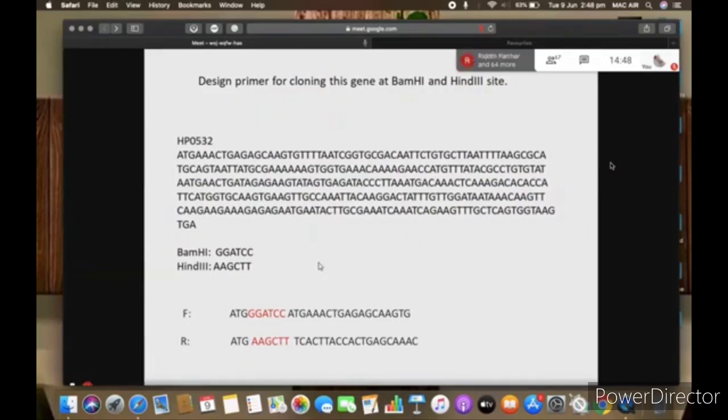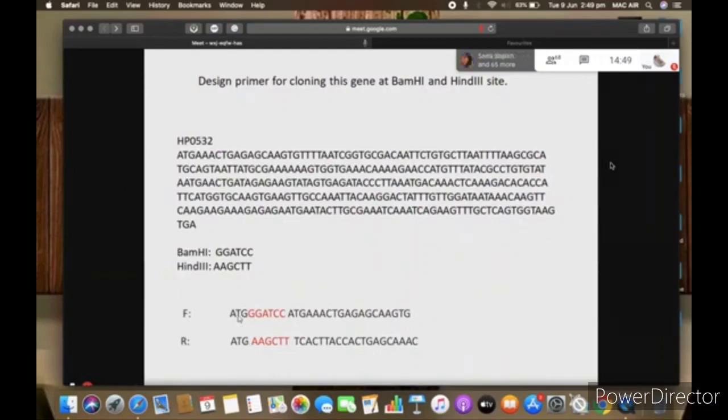How can we add our restriction sites at the terminal end of the gene? For that, we add these restriction sites: BamHI restriction site in the forward primer and HindIII in the reverse primer. And this is complementary to this. Now, why have we added this extra ATG here, ATG here?